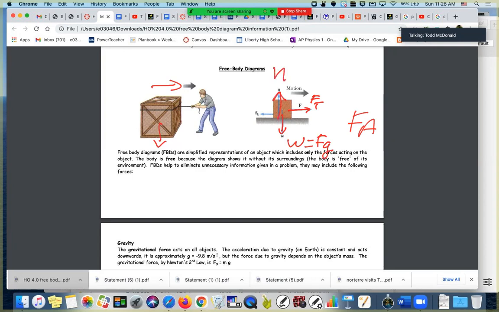We call this a normal force. And this is really the floor must be holding up that box, or pushing back against it, so that the box doesn't fall through the floor. And so there is an upward force on that. And then